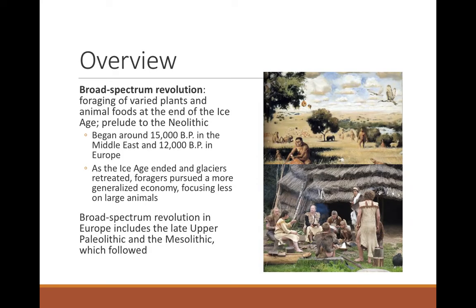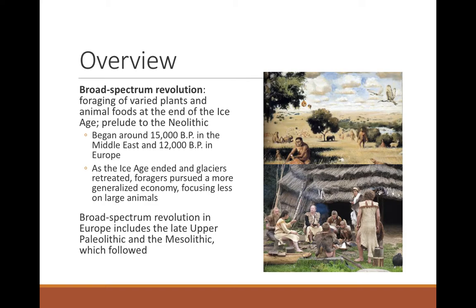And so we were mentioning at the end of this last lecture, lecture 4, that there were changes that came with the retreat of the last glacial. And if you recall, the last glacial period was called the Würm Glacial, and it retreated from the Middle East roughly 17,000 years ago, and from Europe closer to about 12 or 10,000 years ago. And so what this did was dramatically change the climate. When there is a lot of ice or water taken up in glaciers, coastlines are farther out, for example, with more land exposed.